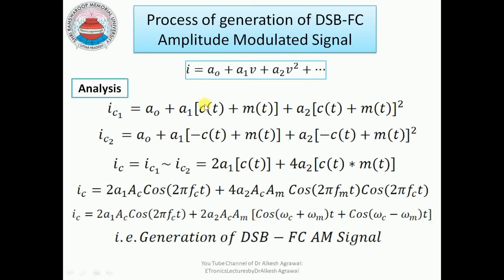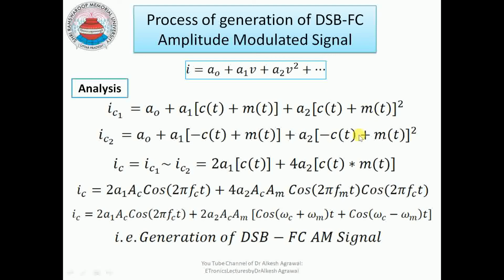So again this nonlinear relationship is followed where IC1 depends upon CT plus MT. So IC1 is equal to A0 plus A1, in place of V we have CT plus MT, in place of V square we have CT plus MT whole square, where IC2 depends upon minus CT plus MT. So IC2 is equal to A0 plus A1 times minus CT plus MT, replacing V, and in place of V square we have minus CT plus MT whole square. Now if we